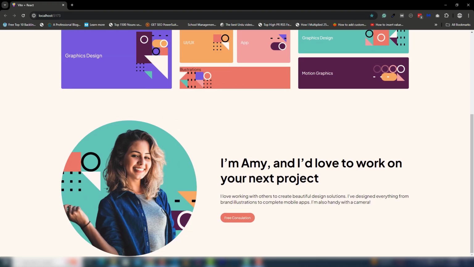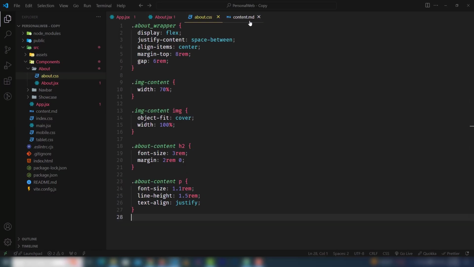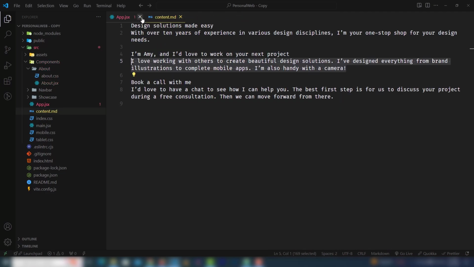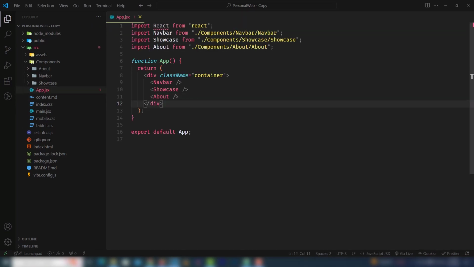So this is our about section, and yeah, it's looking so nice. After this one I will create another section like a card carousel, right? So let me open the JSX file, and inside that I will create a